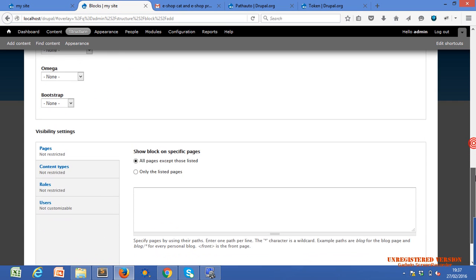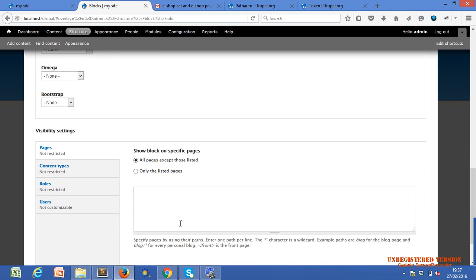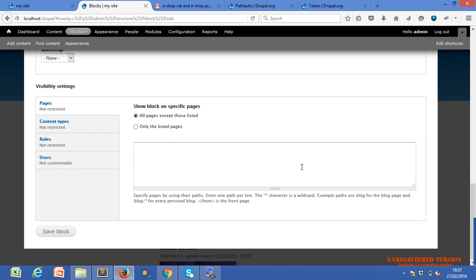We can use the pages option here, but after cleaning the URL I will show you this option, the same option in the configuration of any particular block. Roles and content type are not restricted, the same simple configuration, nothing else. Just create a block, and this block will appear on our left hand side, or you can say the first sidebar.